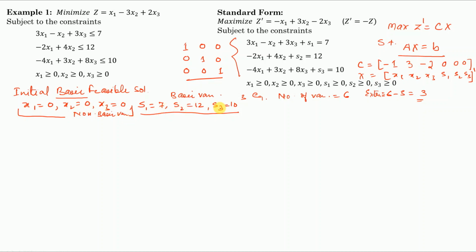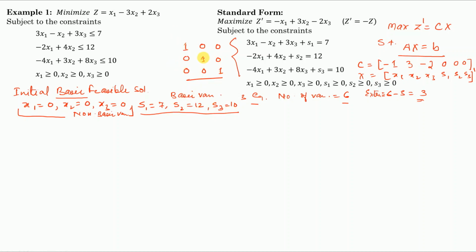S1, S2, S3 are called basic variables. When we say these variables are basic variables, look at these equations again, check it. Equations are 3, number of variables are 6, extra variables are 3, and we have started with x1 = 0, x2 = 0 and x3 = 0. Remaining variables are s1 equal to 7, s2 equal to 12, s3 equal to 10, and the